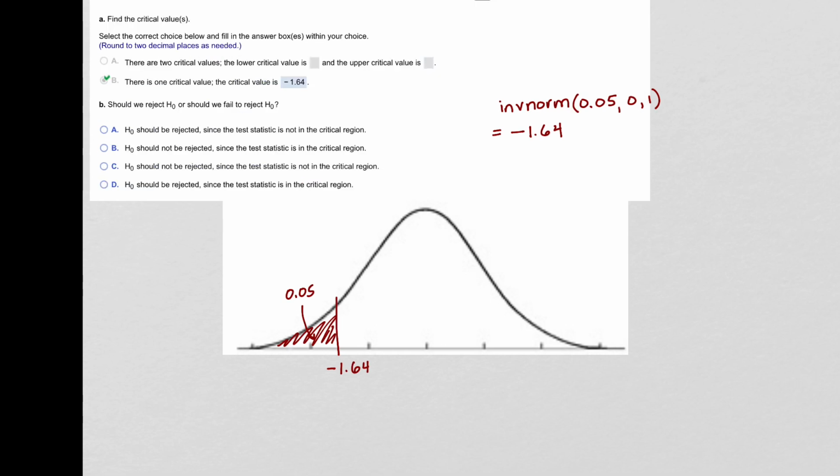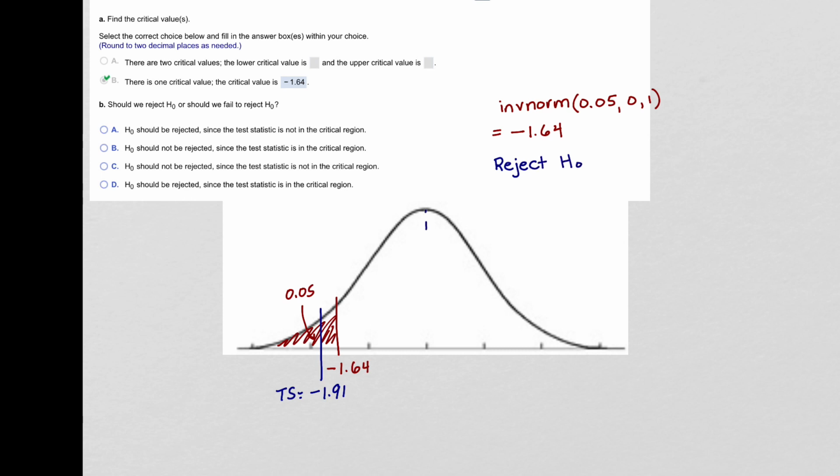Okay, so now we're at the point where we want to reject or fail to reject the null hypothesis. So I'm going to label my test statistic here, and that value was a negative 1.91 from the original question. And so we can see that that is falling within the critical region. And since my test statistic is falling in the critical region, I want to reject the null hypothesis,